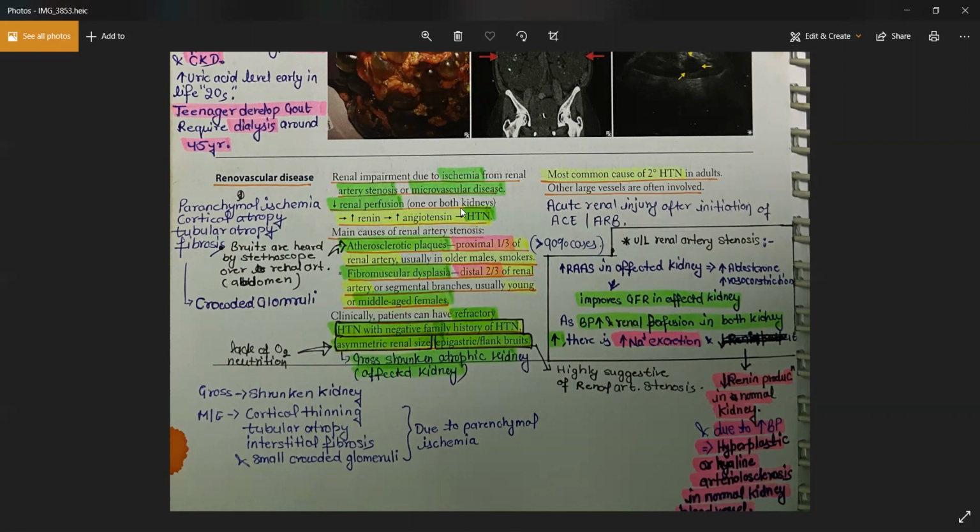Which part will dominate the effect on the circulation? The affected kidney with the stenosis, or the normal one? It depends upon the severity. You cannot say which part is dominating. You will look at the patient and look at their sodium levels. If it is decreased, that means it is the normal part which is dominating. If it is increased, that means it is the affected part which is dominating. So you cannot say theoretically which part is dominating. In one part you're having a loss of sodium, in the other part you're having an absorption of the sodium.